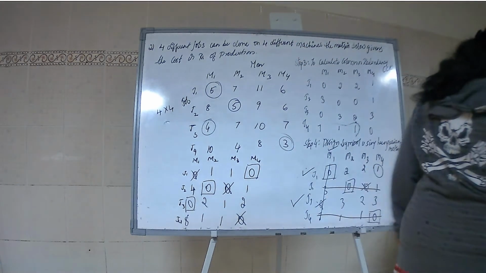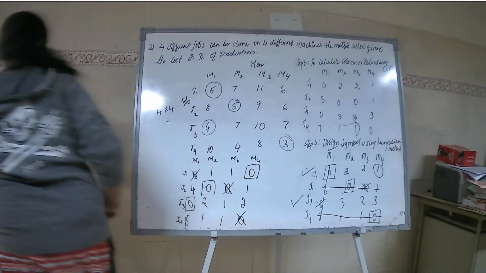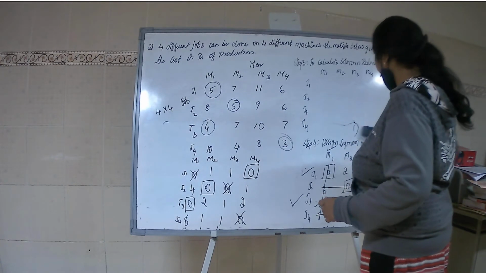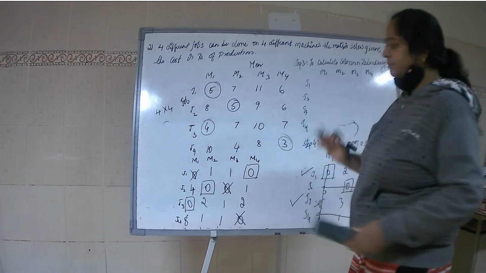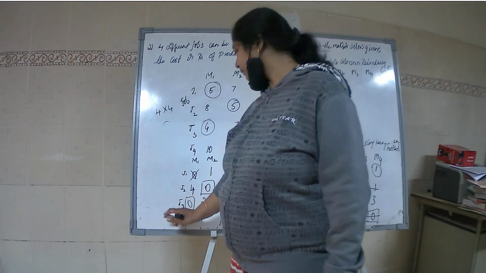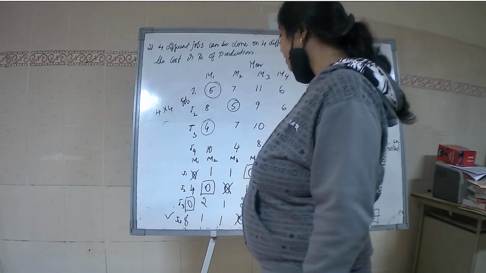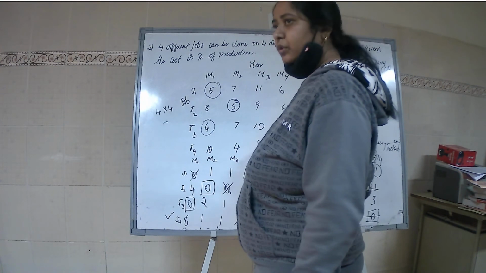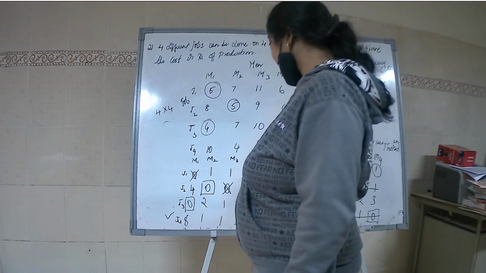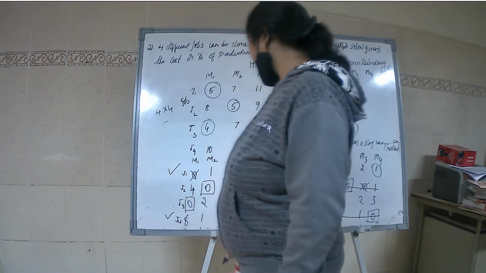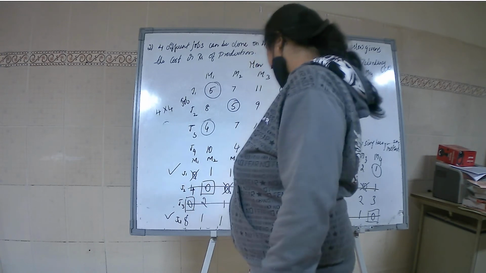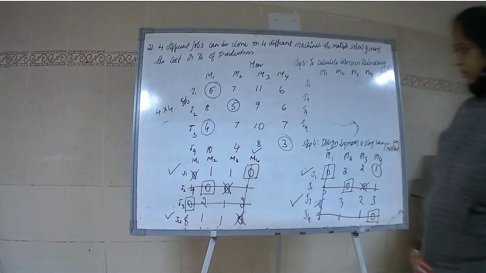We will strike again this column and we will put it here. Same method. Whatever I have told you, you have to use the same thing. Now here you have to check where you don't have 0. J4. Where you have 0 in this row? M4. M4 column. Then in this column where you have assignment? J1. Now you have to strike this column. J2 and J3. Again the minimum is 1.